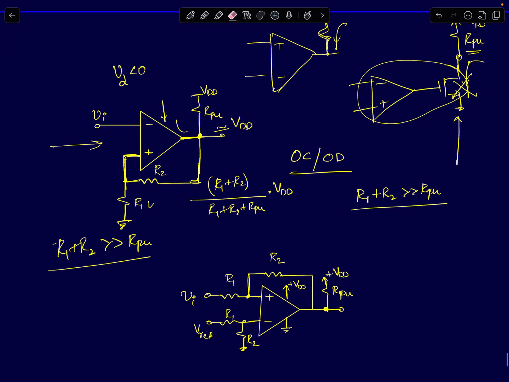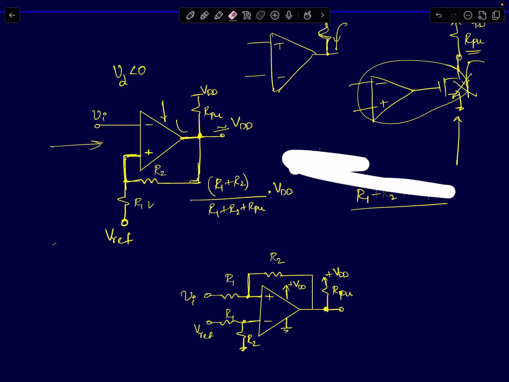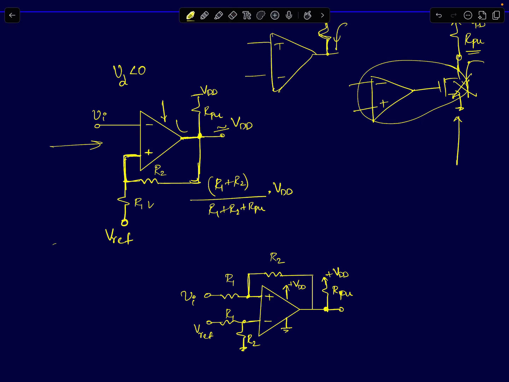Now it doesn't matter even if I'm building, let's assume, a comparator for a single supply Schmitt trigger, where instead of connecting this node to ground, I'm connecting it to VREF. How do you analyze this circuit? During the pull-up path, when the comparator's output is just floating, the MOSFET here is turned off, right? So the final stage is turned off, which means the comparator is doing nothing to the output node. So the output voltage at this point, when the output is supposed to be pulled up to VDD, will be given by, applying the principle of superposition, assume VREF is 0, V0 will be equal to this term, plus